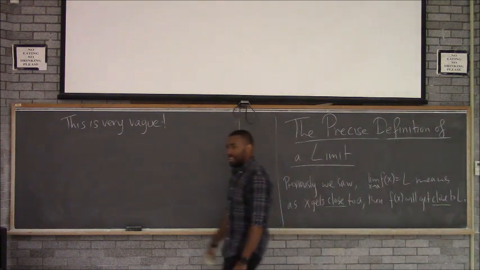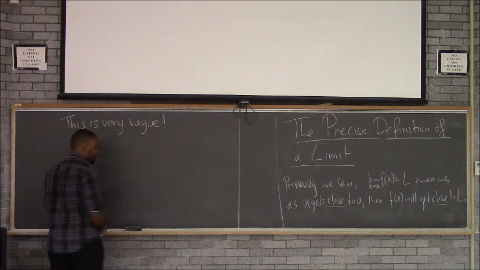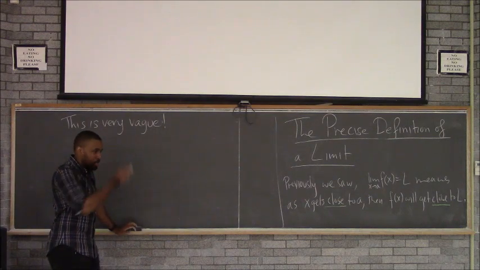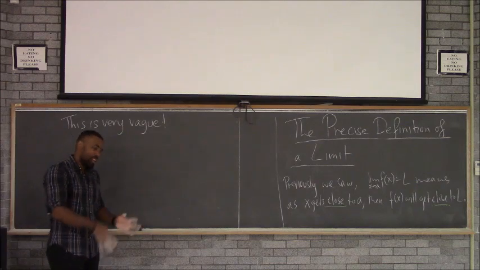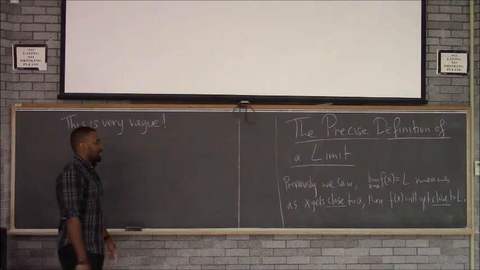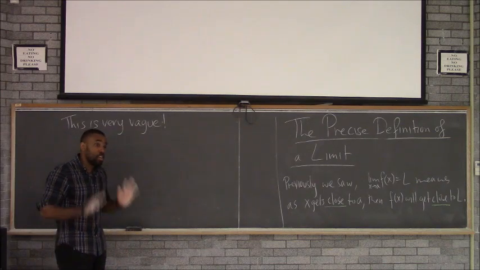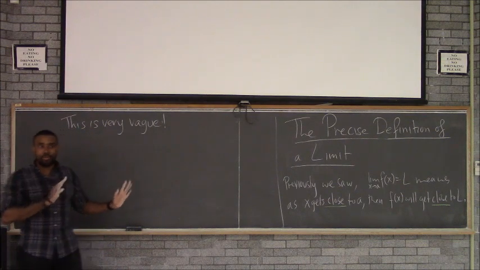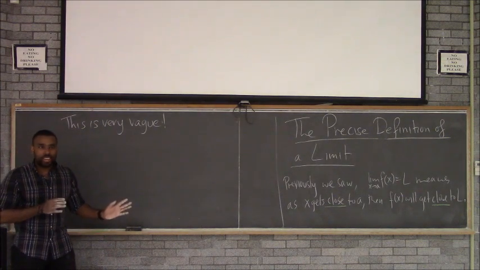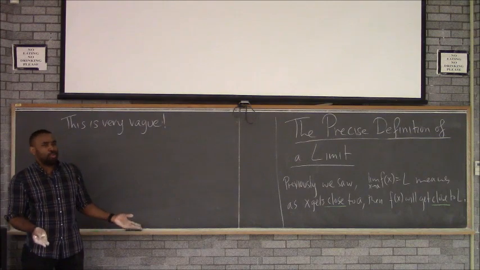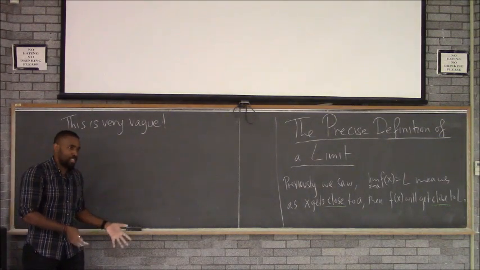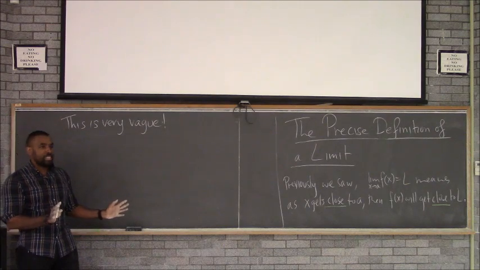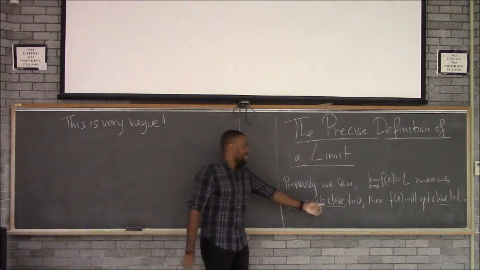That's very vague. What do you mean it's vague? Well, you know how some people you talk to, you say, hey, what's going on? And they talk back to you, like, oh yeah, I'm doing fine. And other people, you say, hey, what's going on? And they're like, yo, you're too close, man. Get out of my space, right? So for the first person, you're not too close. But for the other person, you standing at that same distance, they're like, hey, you're too close, right? Close is vague because it kind of depends.